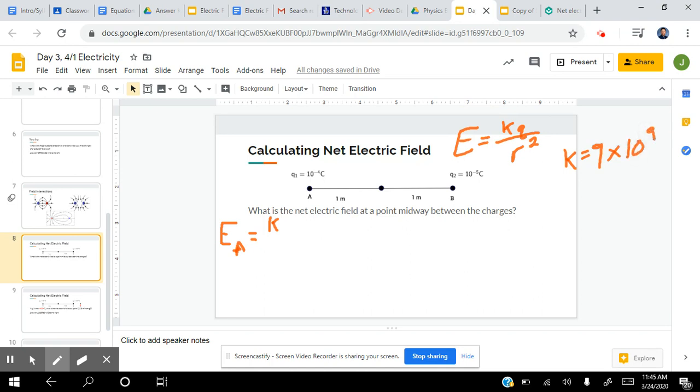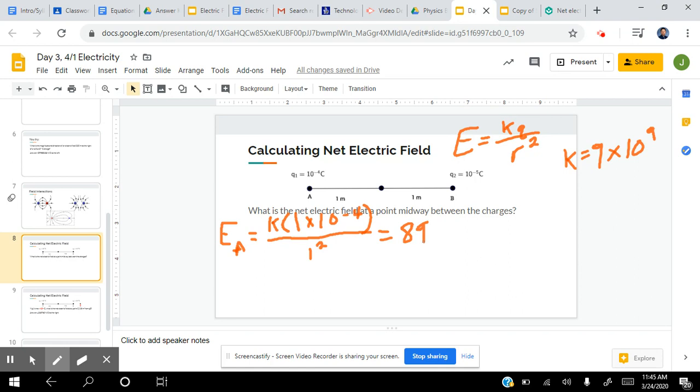Okay, so K multiplied by my charge on A is 1 times 10 to the negative fourth coulombs. And then we'll divide that by the radius between them, which in this case is just 1 squared. So that's essentially going to mean nothing. All right, so we solve for that, and we end up getting